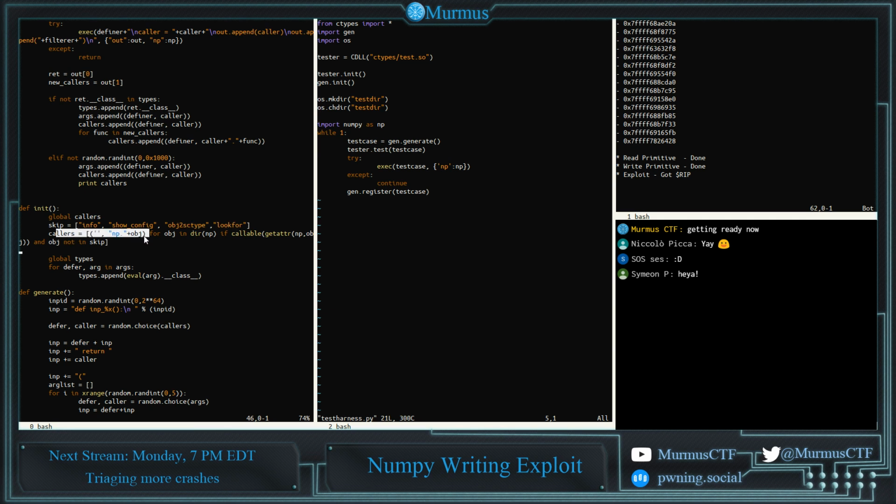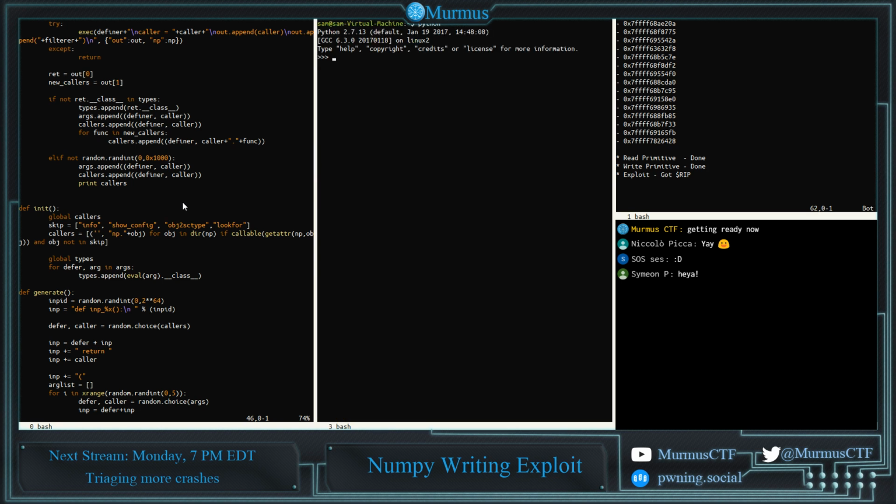Then what we're going to do here, and we're going to use this kind of awful code, is we have a set of callers. The way that this works, and this is a list comprehension, right? For every object in the dir, so we call dir on np, and we declared np up towards the top here for numpy, so it's a numpy module. So every object in the numpy module, if it is callable and it's not in this skip. So we don't want things like,